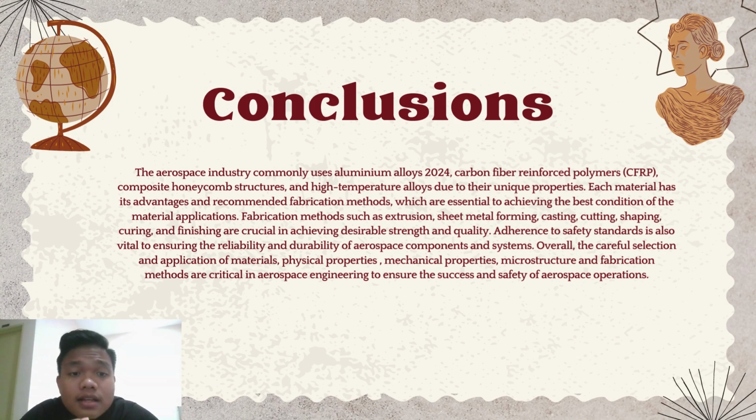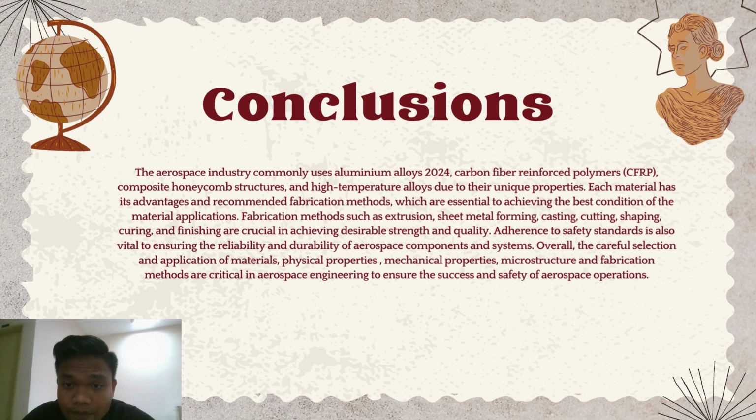Okay, conclusion. The aerospace industry commonly uses aluminum alloy 2024, carbon fiber reinforced polymer, composite honeycomb structure, and high temperature alloy due to their unique properties. Each material has its advantage and recommended fabrication method, which are essential to achieving the best condition of the material application. Fabrication methods such as extrusion, sheet metal forming, casting, cutting, shaping, curing, and finishing are crucial in achieving desirable